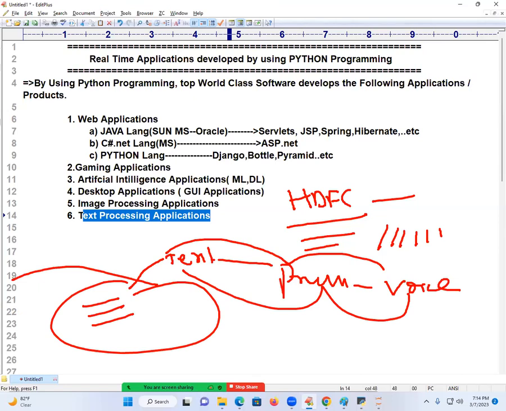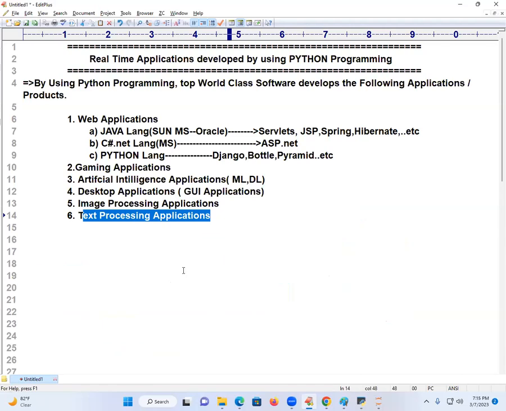Even in our class, we can give messages with a female voice or a male voice. You can set the frequency for that also. Suppose I am explaining, I am writing some data, and the next day I want to give you some audio of what I said. It should read it. I can write a simple Python code of 6 lines. I can convert my text messages into audio, and audio to text. Such modules are there in which language? Python language. So it is not only one area.